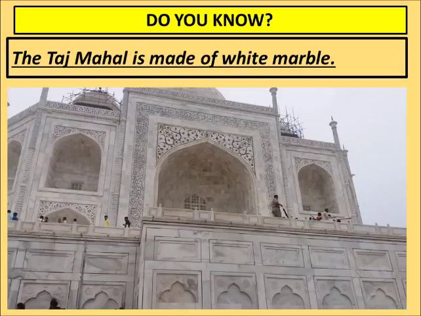Now, they look a bit pale, but when it was made, they were as white as milk. Nowadays, a lot of factories around the Taj Mahal have been shut down or made to transfer their location far away, so that the smoke of the factories should not make the color of the Taj Mahal pale. This beautiful building, the Taj Mahal, is made up of white marble.